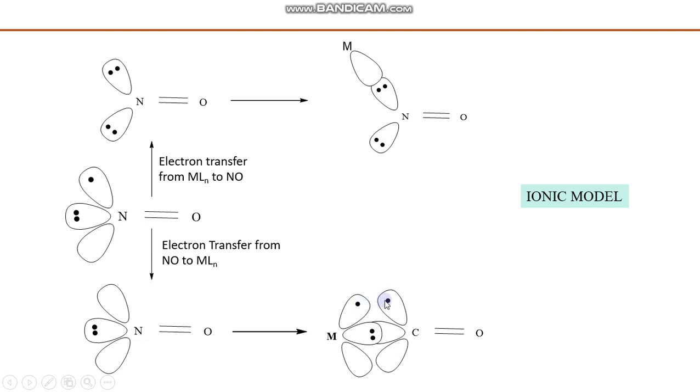In other words, a coordinate covalent bond will form where electron density will flow from metal toward nitrogen, and in this case the electron density will flow from nitrogen toward metal center and multiple bond will form. Now, in this multiple bond, what we observe, the hybridization around nitrogen is unchanged. Therefore, the geometry around nitrogen will also remain the same or linear, because nitrogen